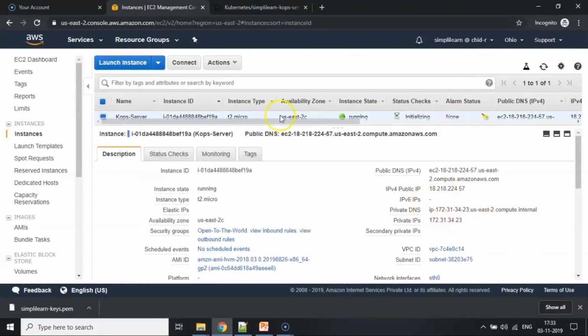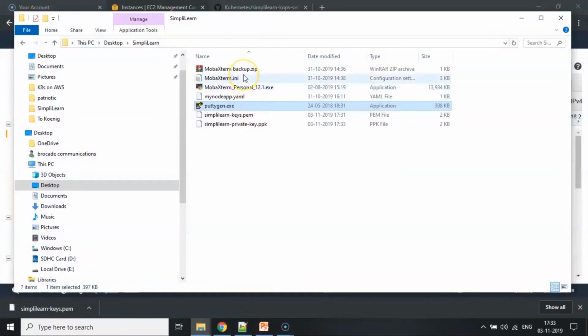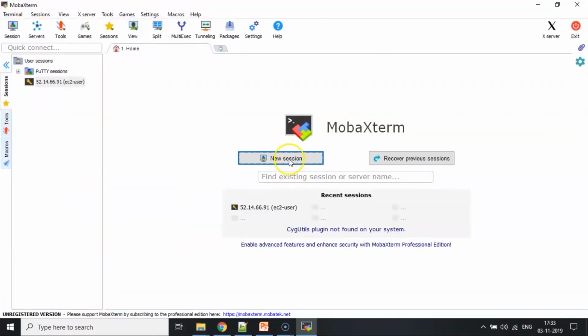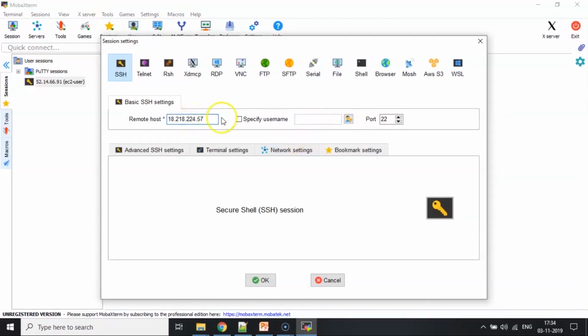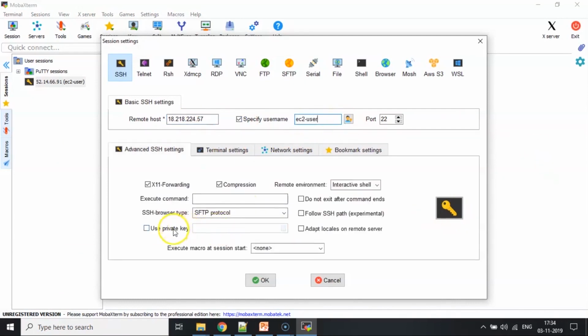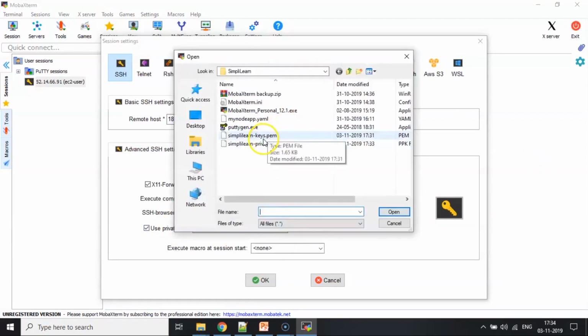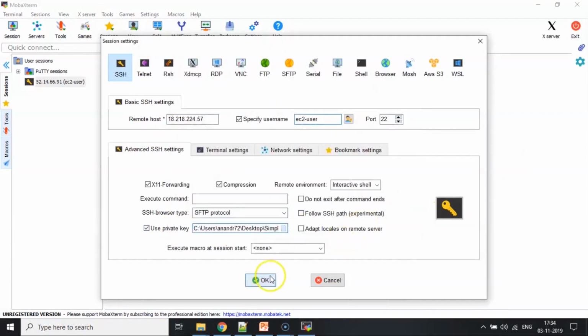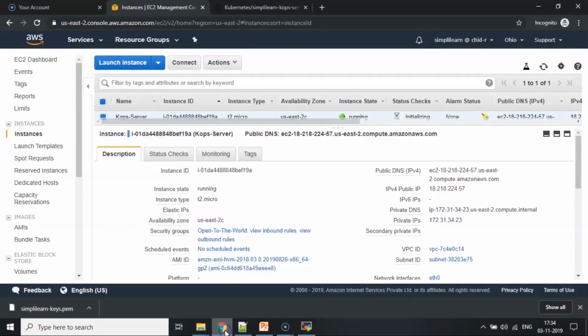Okay, now my EC2 instance is up and running. It is running in this Ohio region, and this is the public IP address of my machine. So let me connect to it. I use MobaXterm, which is nothing but an SSH emulator. You can use PuTTY or any of these sessions which allow you to do an SSH. This is the IP address of my machine, and since I've spun up an Amazon AMI, this is the default user. I would need to specify the private key for my session, and this is the private key. Say OK. I am in my Amazon EC2 instance.